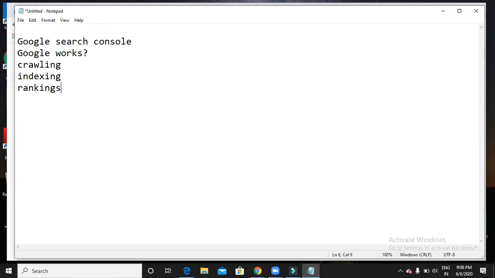Am I right? Now your aim is also that only, right? So when someone searches, before writing a blog, you do proper keyword research. Why do we do proper research on keywords?